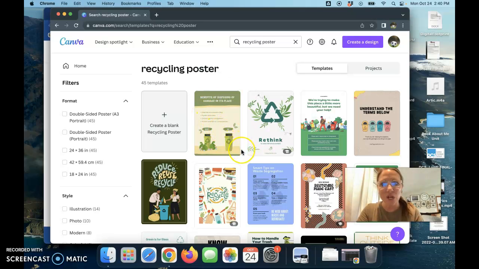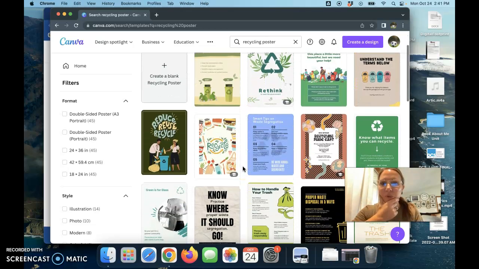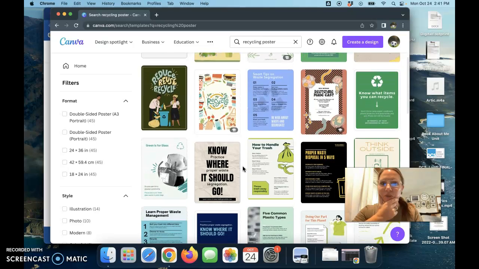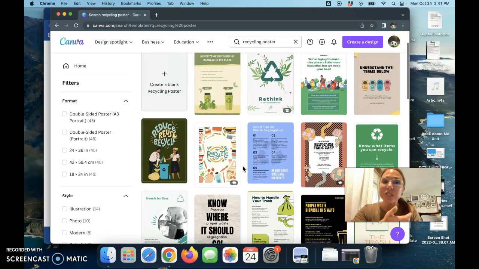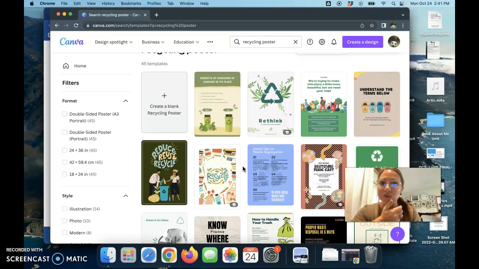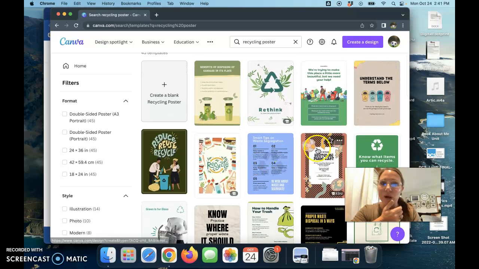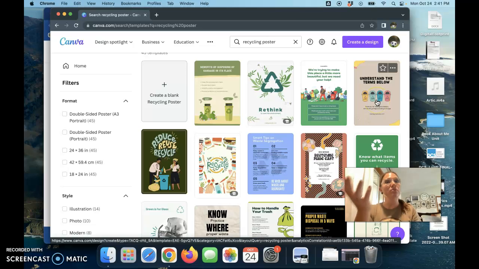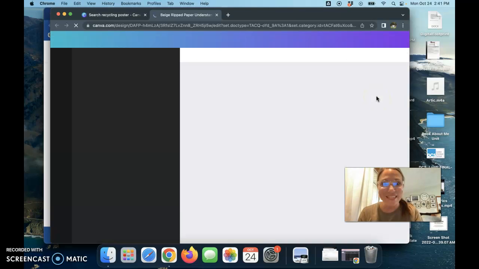That's amazing. So think about the assignment your teacher gave you and what your teacher wants as the final product, and use that information to pick which poster you will use. So maybe you're just going to hang some posters up around school and you want students to understand the different terms on the recycling. You simply click the template